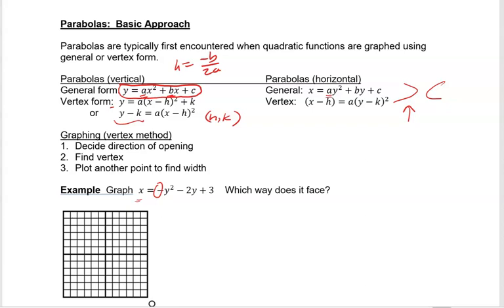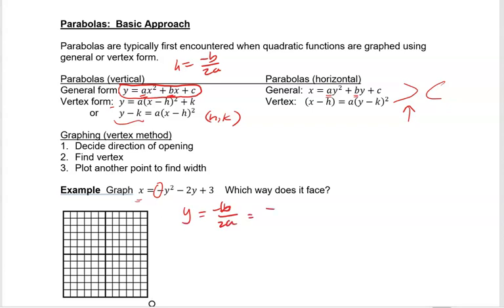Again, a and b will be coefficients on the second degree and first degree terms. But this time we're finding not the value of h, the x-coordinate of the vertex, but y. So our y value is going to be negative b divided by 2a,